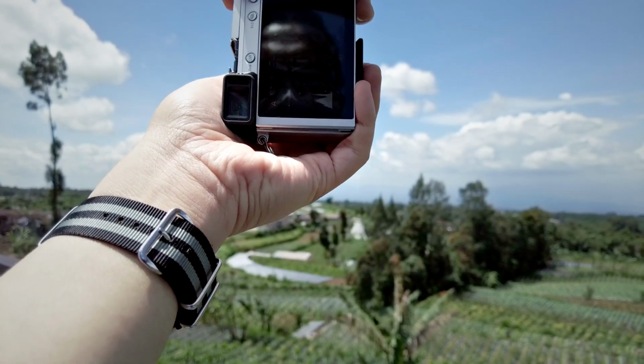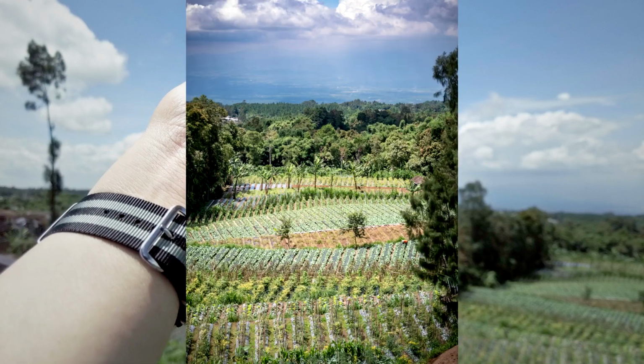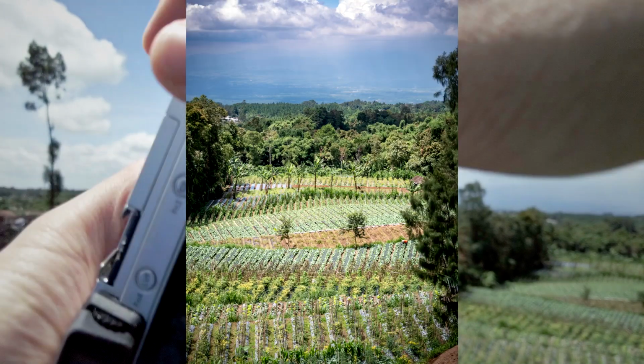There's lots of winds right now. I hope you can still hear me through the wireless microphone. Yep, I think it looks kind of nice. Alright,